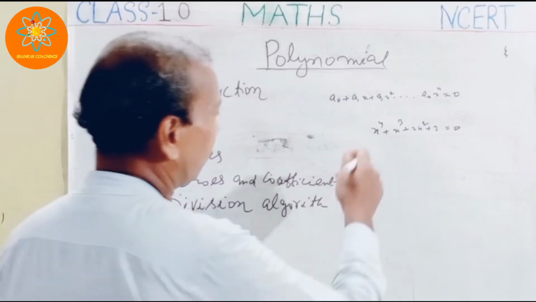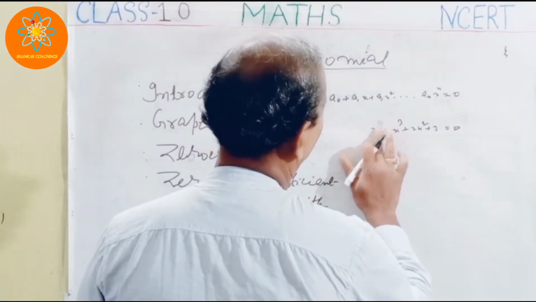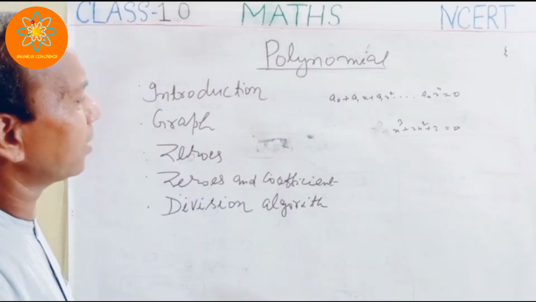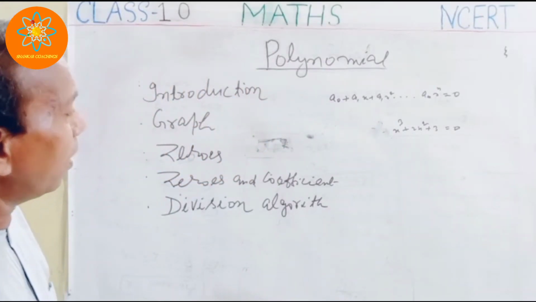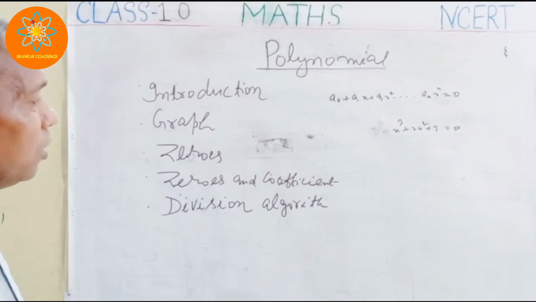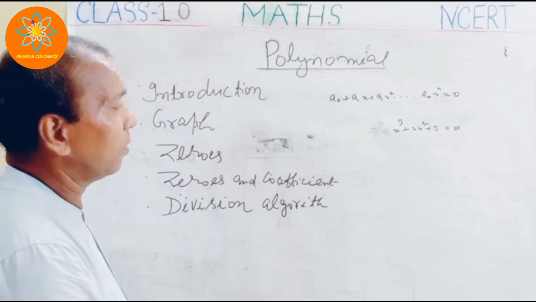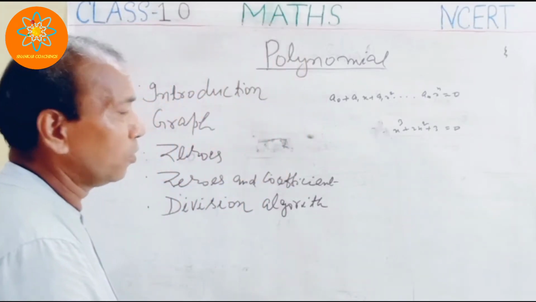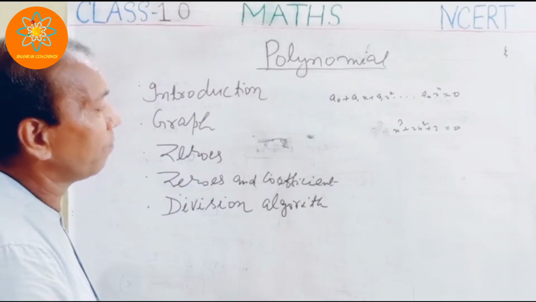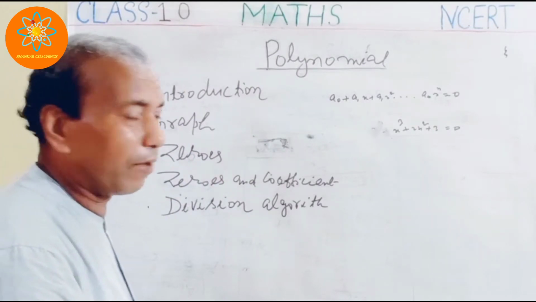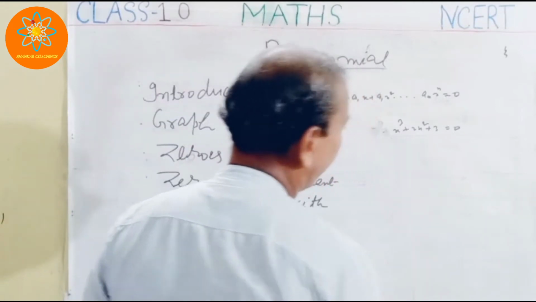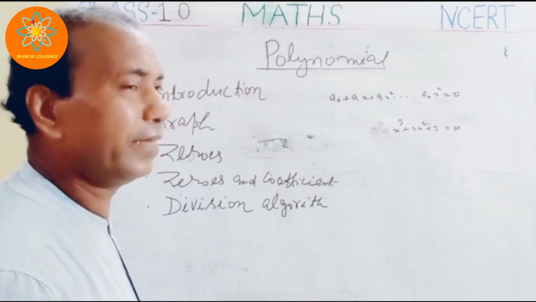Similarly, if suppose this one is not there, okay, and now I am considering this equation. So in this case, the degree is 3, x to the power cube. So then we have the different special type of polynomial also, like linear polynomial, quadratic polynomial, cubic polynomial. So these are called the special type of polynomial.